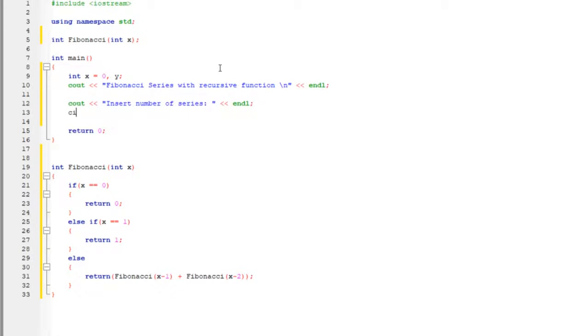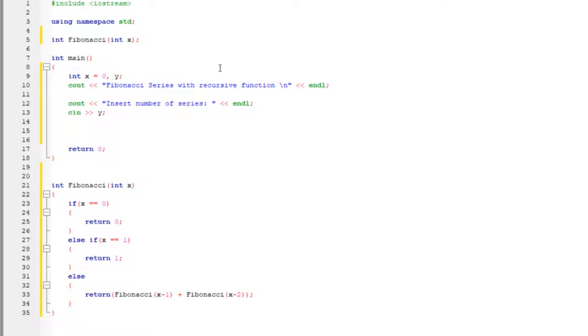Alright, so we're going to collect that and save that right inside y. Then let's go ahead and print out the result of the Fibonacci series. So go ahead and say the result of Fibonacci series is,